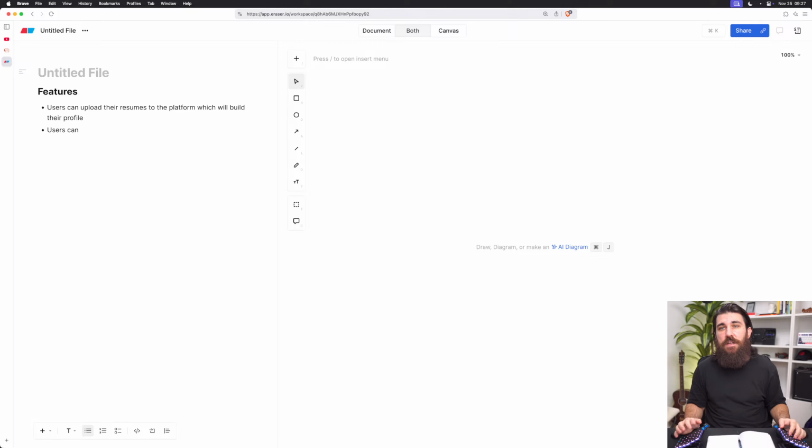And then after that, they can paste a job listing URL, like a job page, and have their profile matched, or not matched, compared against it in terms of experience,